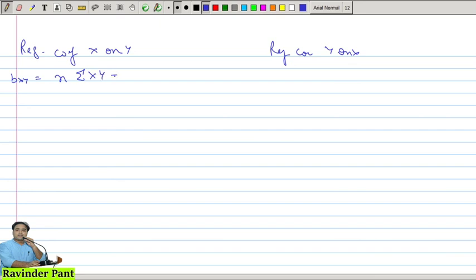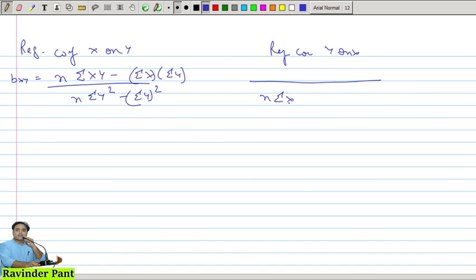कैसे, सारी चीजें तो गिवन है। beta xy is equal to n is given, summation xy is given, minus summation x multiplied by summation y is given, divided by n, summation y square is given, summation y का whole square is, everything is given. You can do it, the numerator will be the same. Here you will find that this is summation x square minus summation x का whole square. You calculate the values and you can put these values into the equations.